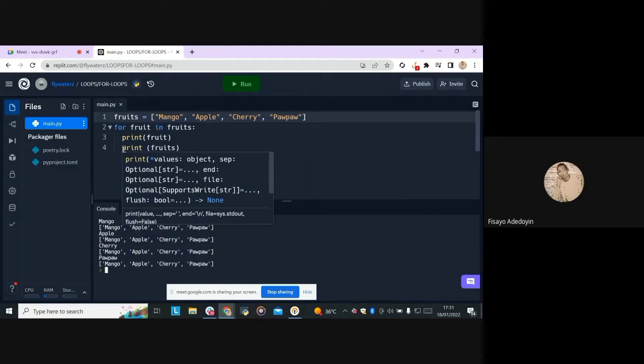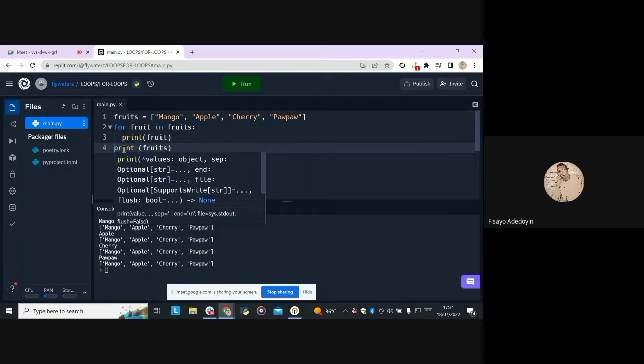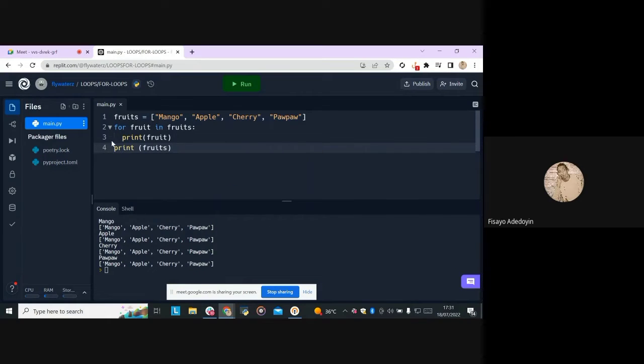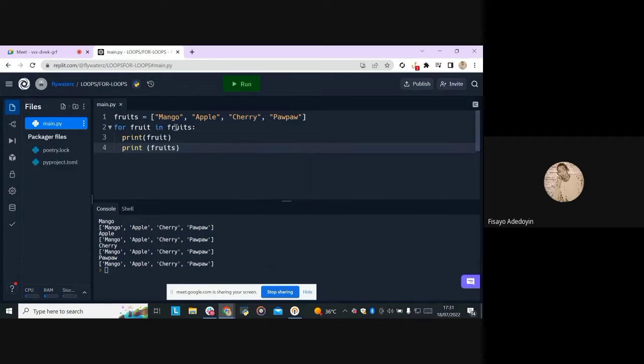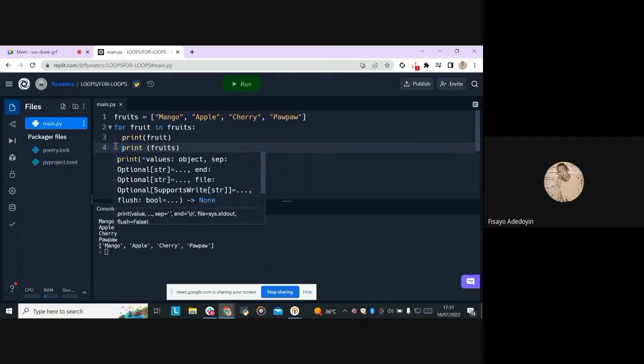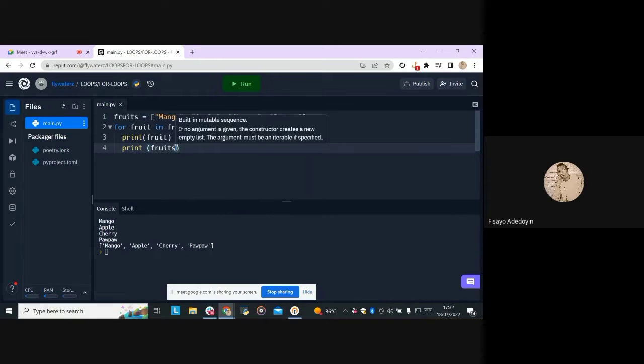Most times if you want to end the for loop, you can just end your indentation here so you don't put it inside this for loop, because once it is indented, Python automatically recognizes that this is a block of statements for this for loop and it keeps working. So I can end it here and say print fruit, and it prints 1, 2, 3, 4, then comes back to this and prints fruit because this line of statement is not inside this for loop. So I can add something else and say print fruit